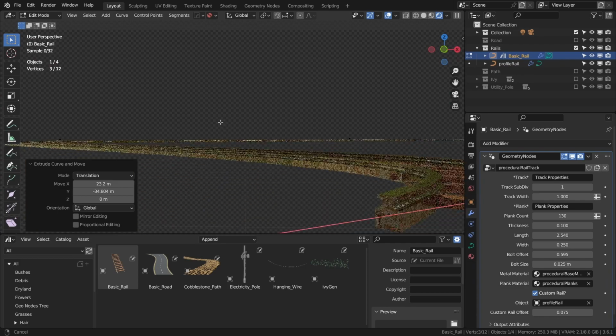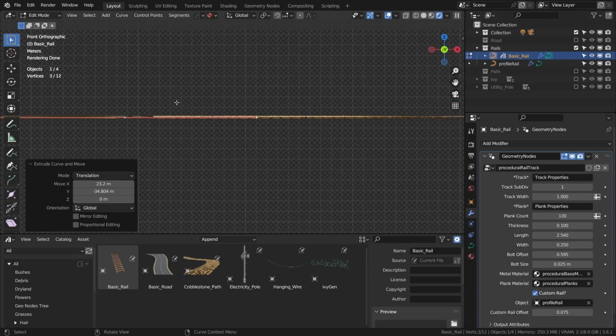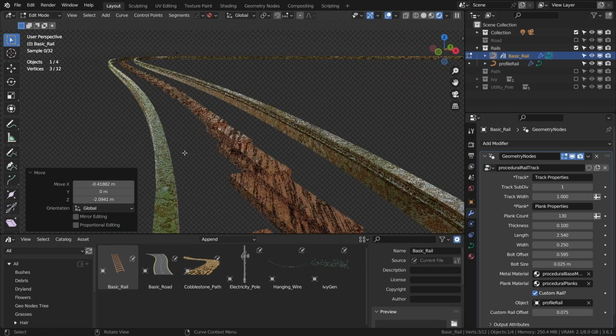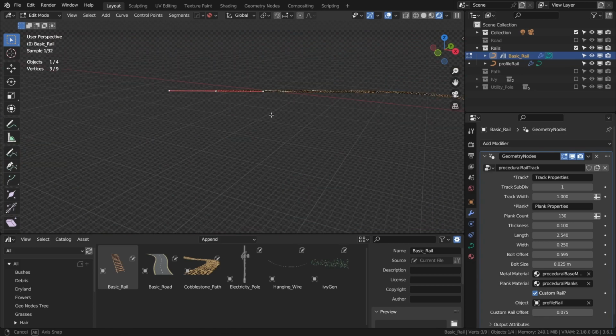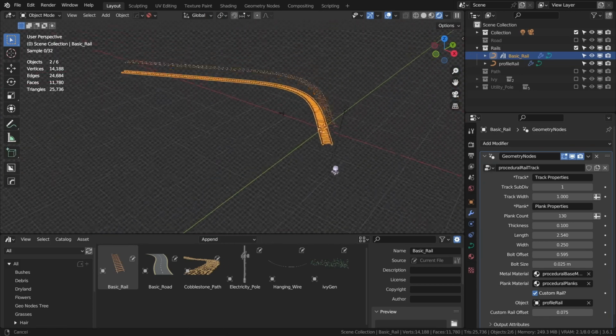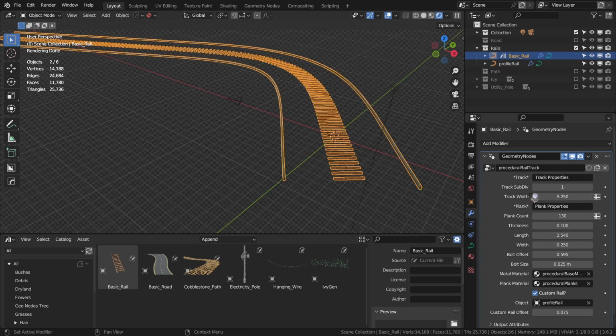So now you can see that this is adjusting to the height changes also. Right? If I just move it down, it adjusts to the height changes. It gets a bit messed up, but yeah, it's not perfect, but it does the job for your straight rails. I'm not sure what's wrong with it, but again we have the same